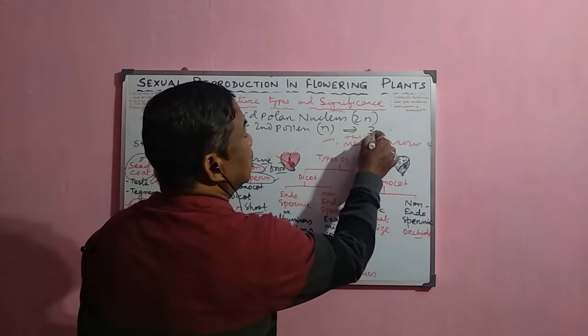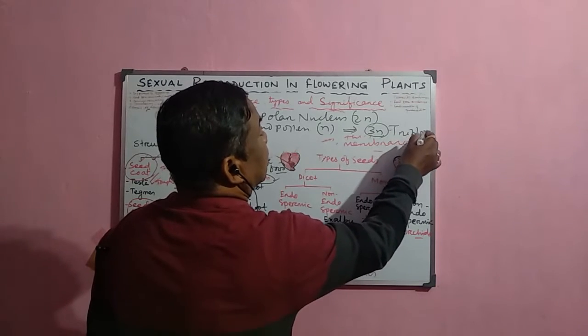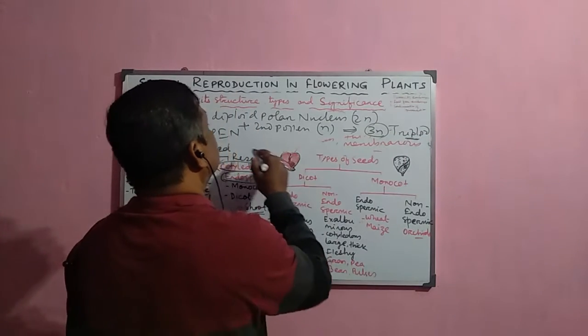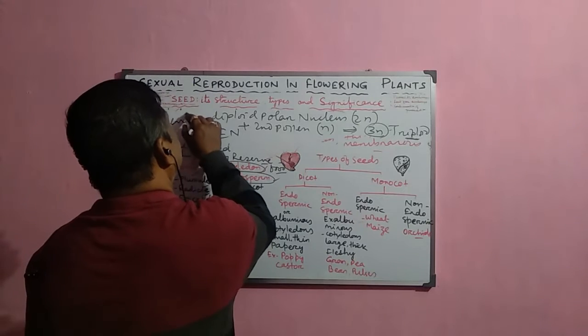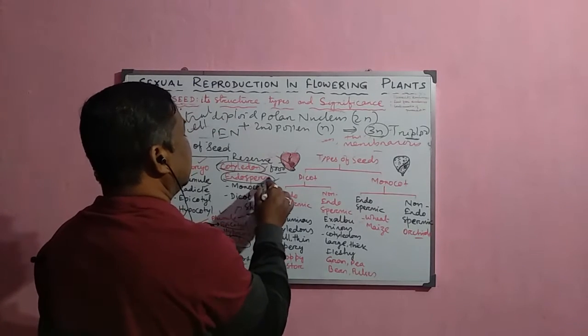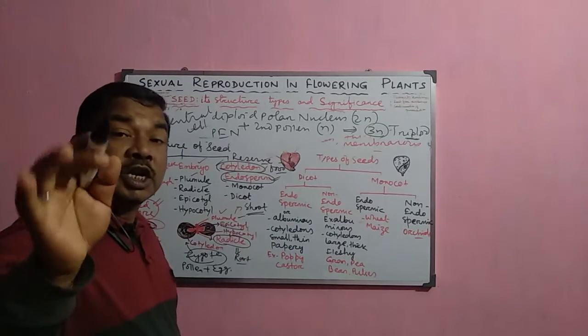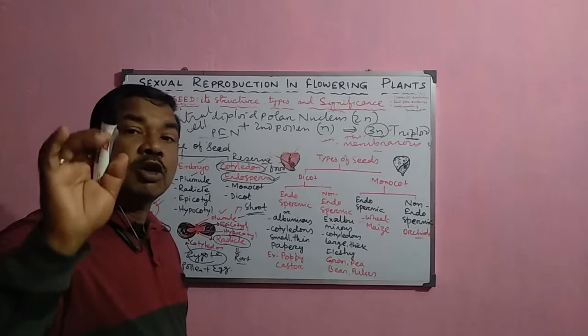Then it forms a triploid cell. So this is a triploid cell, which is also called the central cell, and this central cell now develops into the endosperm, and this endosperm actually contains the reserve food material, and endosperm